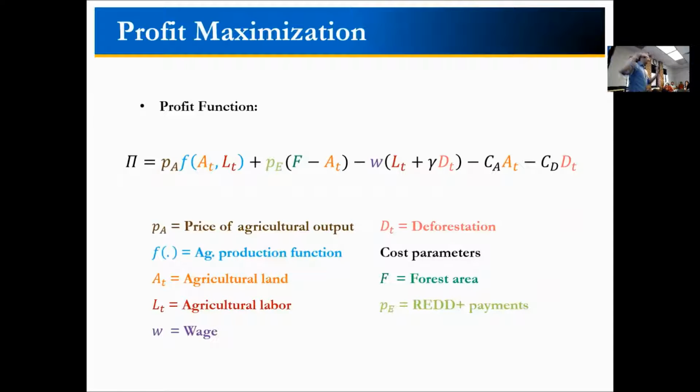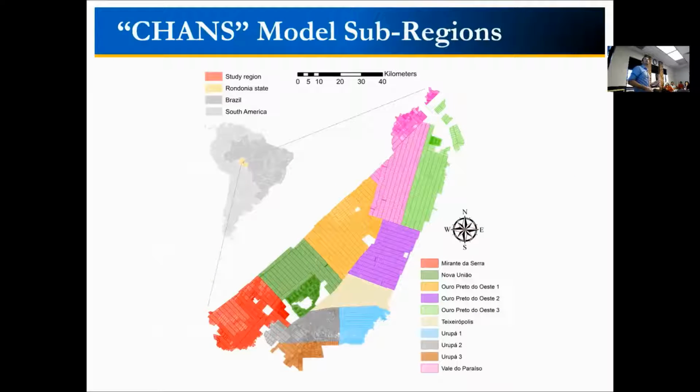This is the profit function that they are trying to maximize. I'm not going to explain it, but the key point in this profit function is that where they have REDD payments, there is a trade-off between how much they can make with conservation and food production. But this is obvious, right? If your entire farm is under agricultural use, you cannot make any money from REDD. And if your entire farm is under forest, you can get money from REDD, but you cannot make any money from agriculture. So they try to maximize.